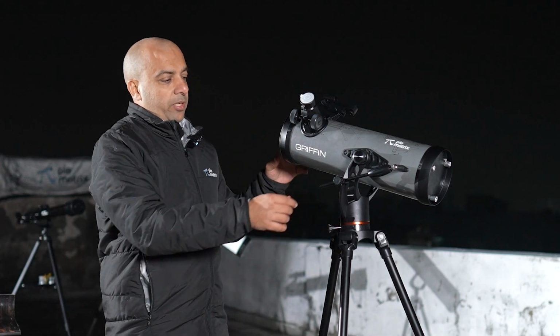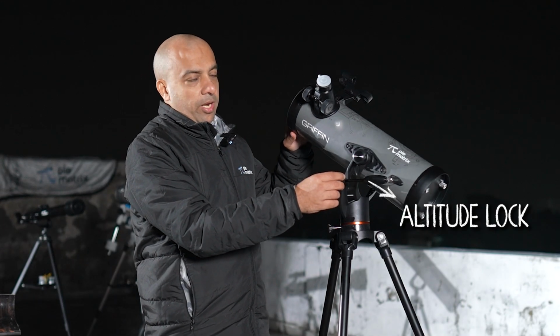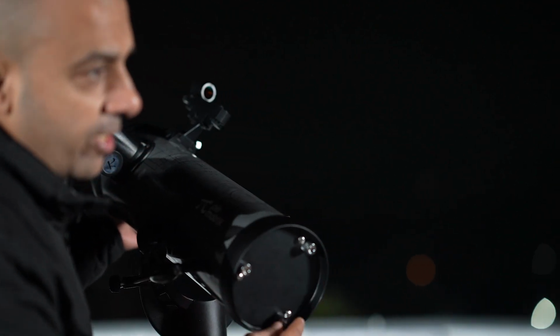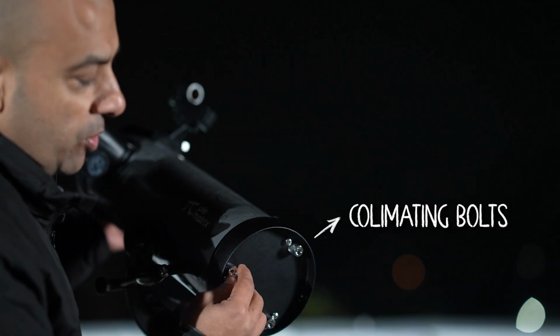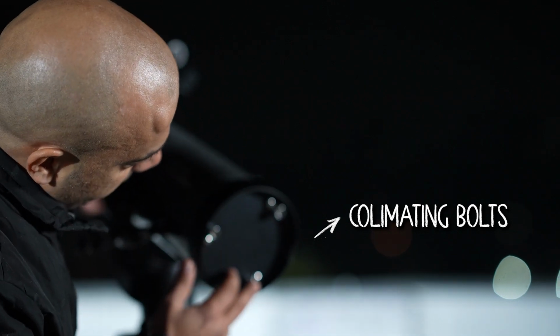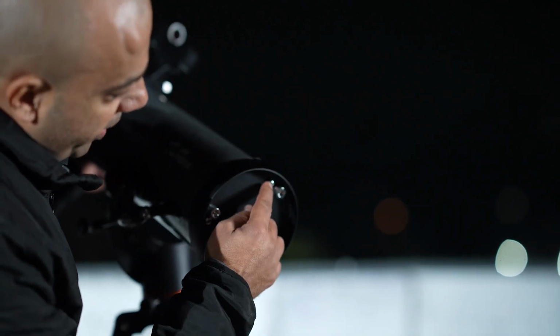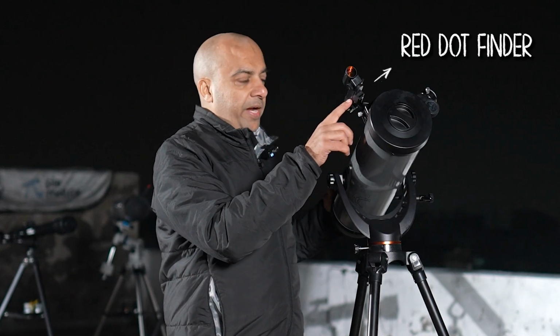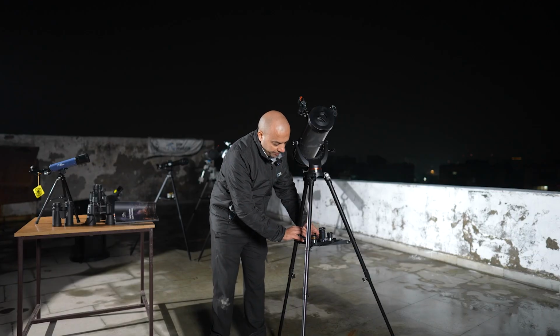It comes with a lock in altitude. Behind it, you can see also that there are very easy to use collimating bolts. So there is a toolless operation. You can use these without tools. You will need a screwdriver to adjust this. It comes with a red dot finder scope. It comes with